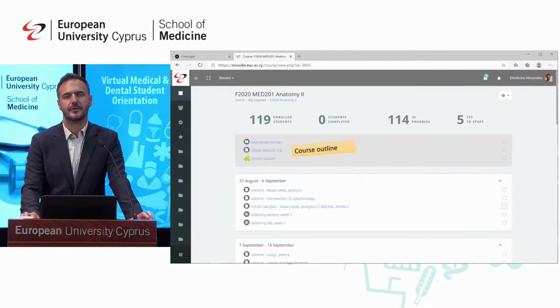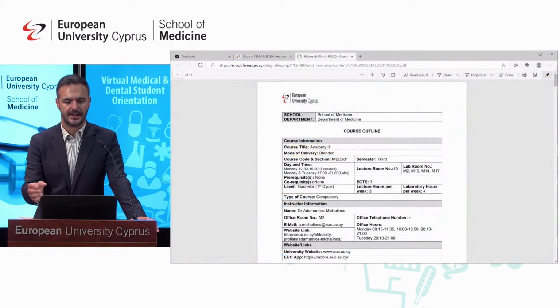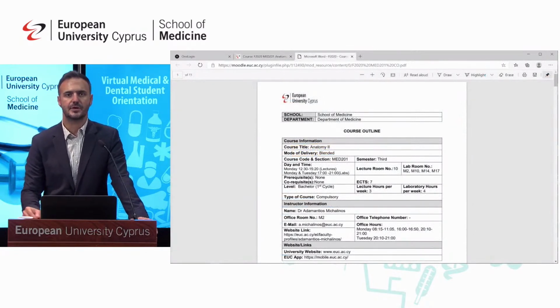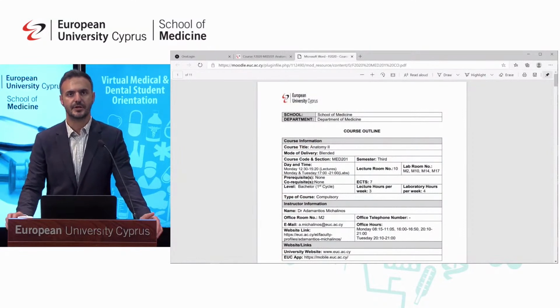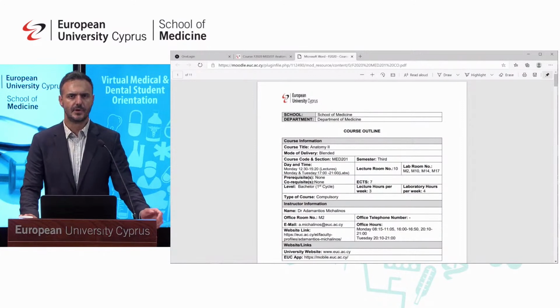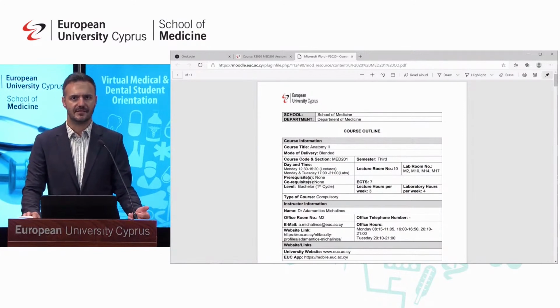Another important source of information is the course outline that you can see here. The course outline is a file that describes extensively what this course is about. So here is an example. You can find there the course name, who is the instructor or the instructors of this course, how you can contact them, at what time the course is delivered, and going further down,